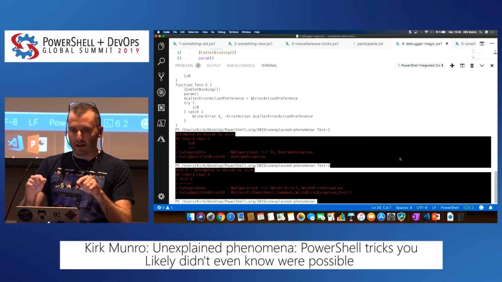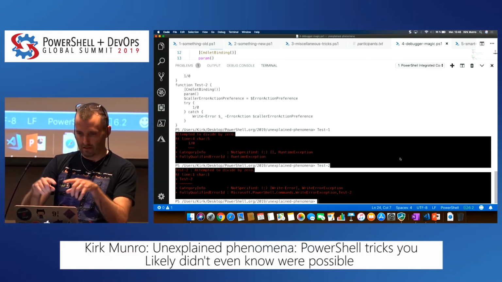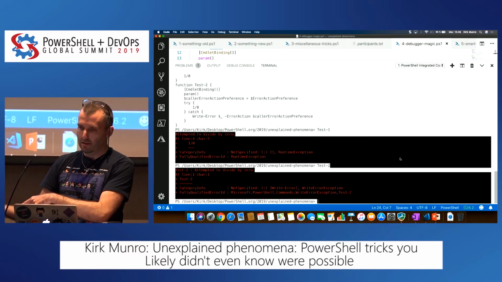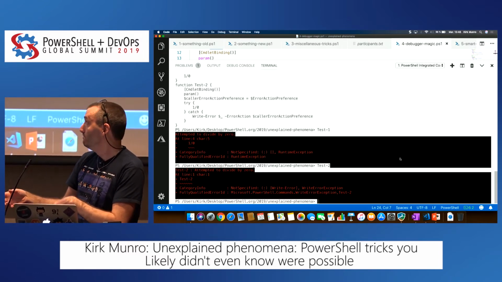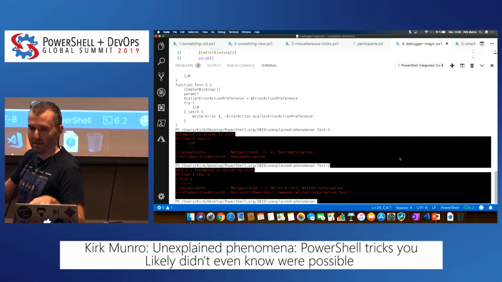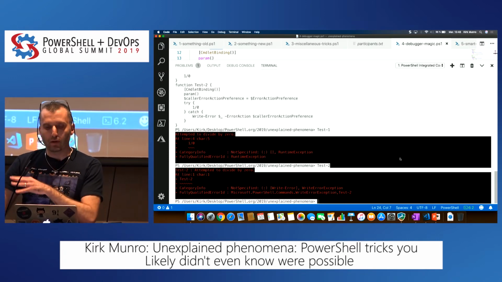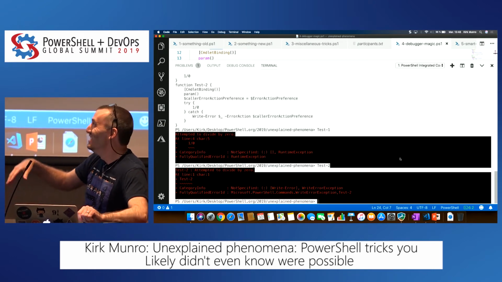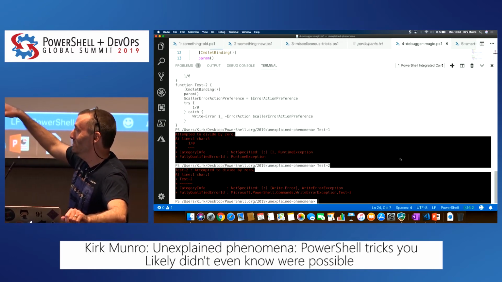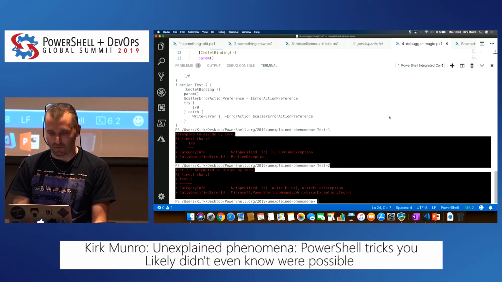And by the way, I haven't yet copied this set of files up to GitHub, but I will after this presentation. So you'll be able to have access to all these little scripts that I have running here, and the slide deck as well. Slide deck's useless, but you'll be able to have access to the scripts and be able to go through and try them and take a look at them for examples.